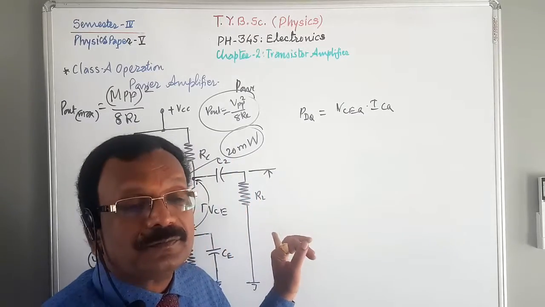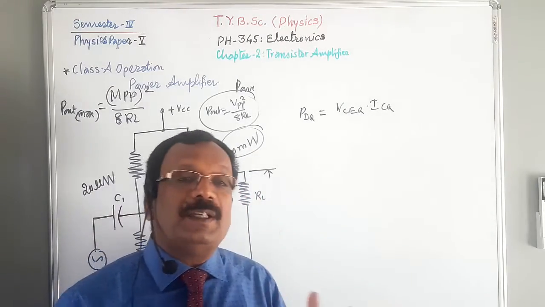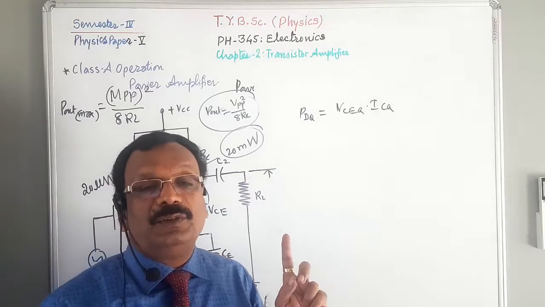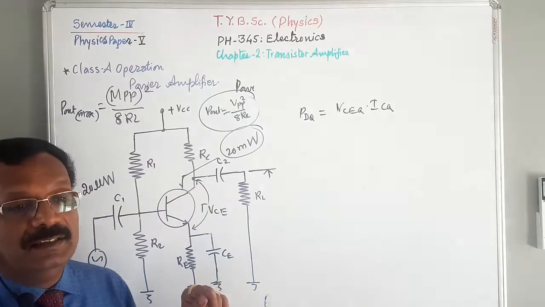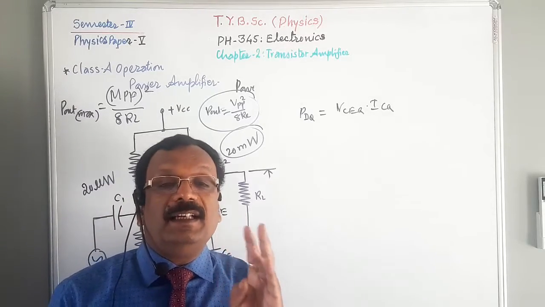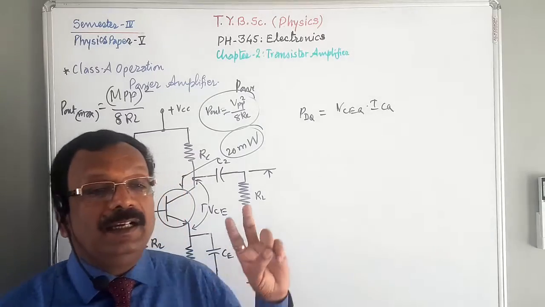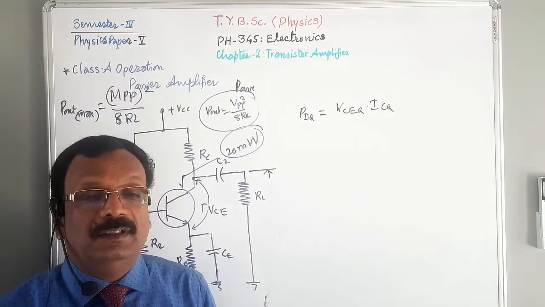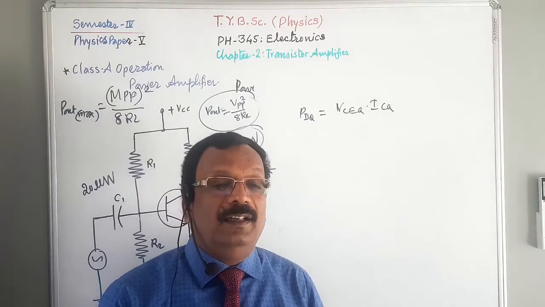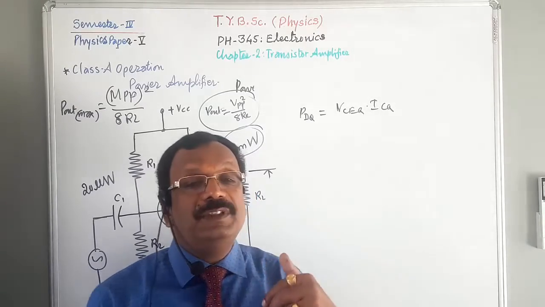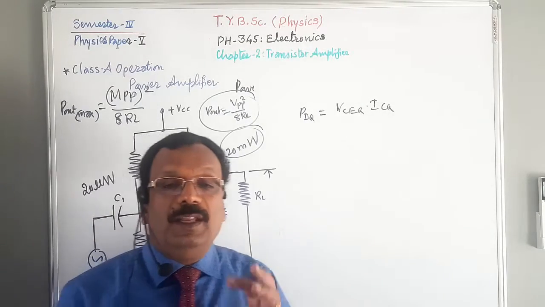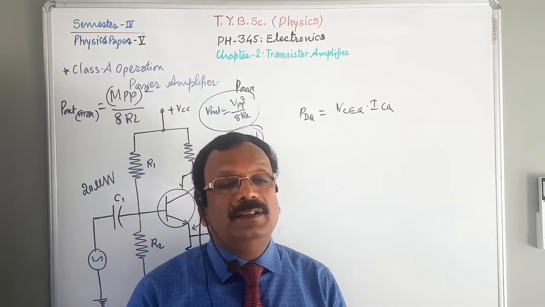From this figure, the DC voltage source has to supply DC current IDC through the amplifier. This DC current has two components: the biasing current through the voltage divider and the collector current through the transistor. The DC current is called the current drain of the stage. If you are using a multi-stage amplifier, you have to add the individual current drains to get the total current drain.